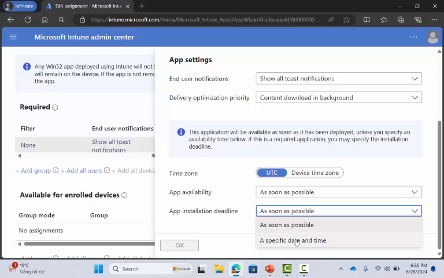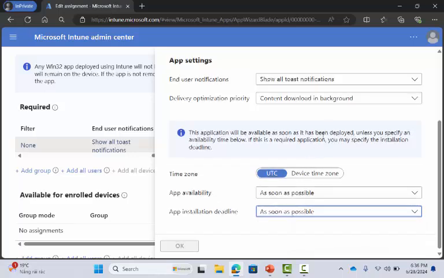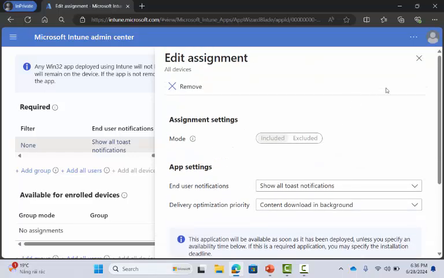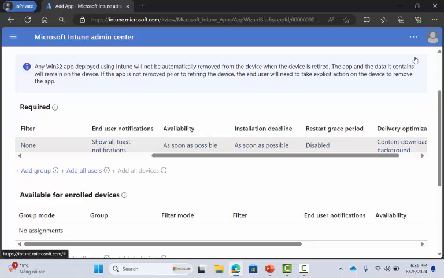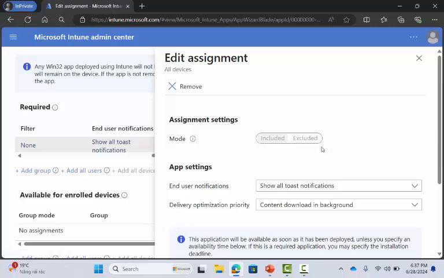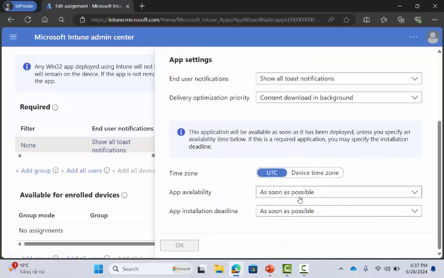You can get at a maintenance window in Intune when you're using Win32 apps, right? Again, not telling you it's great, but it's a way to kind of get at that kind of thing. Okay. Then also, what do we have? We have restart grace period. Do we want to allow for that? What does that mean in terms of